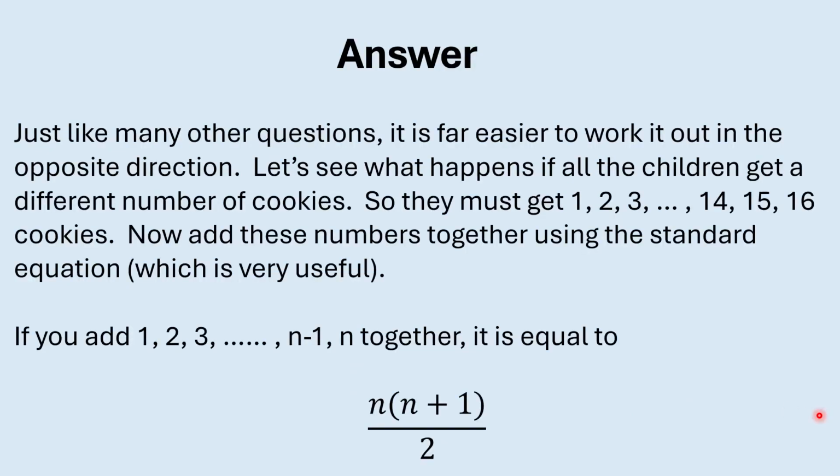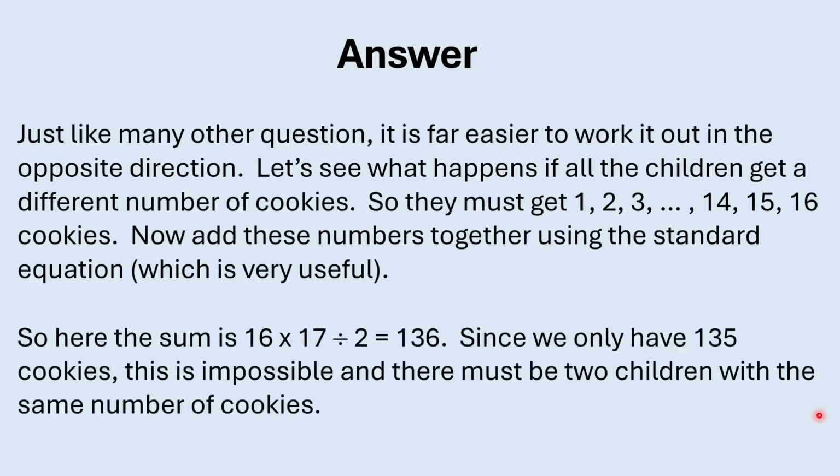So in this case, n is equal to 16. So 16 times 17 divided by 2 is equal to 136. So 136 is the minimum number of cookies required for this way of allocation to give each child a different number of cookies. However, we only have 135 cookies, so this is impossible, and there must be two children with the same